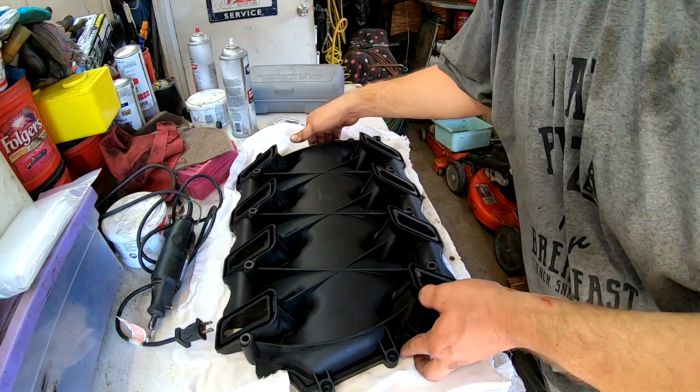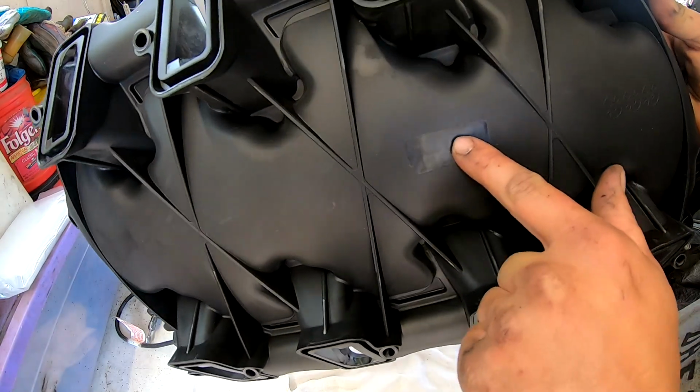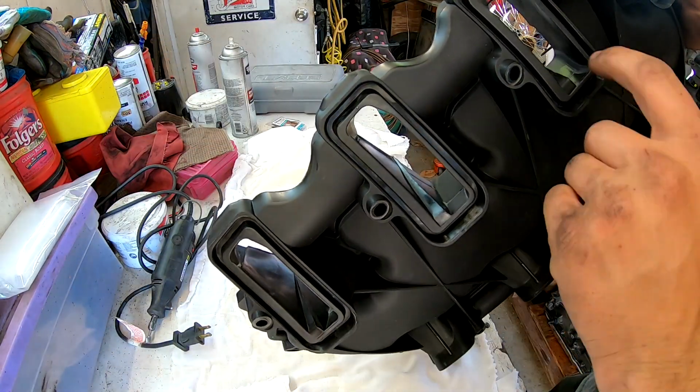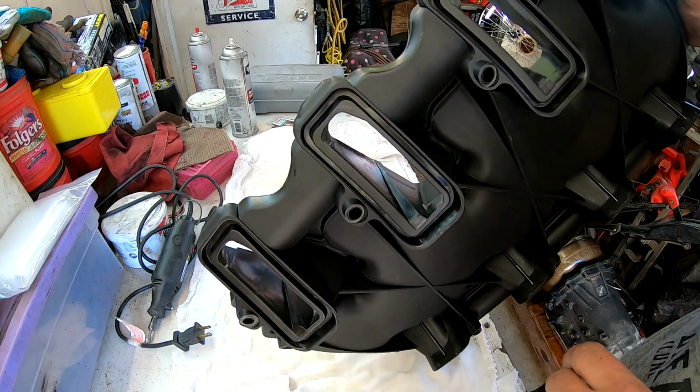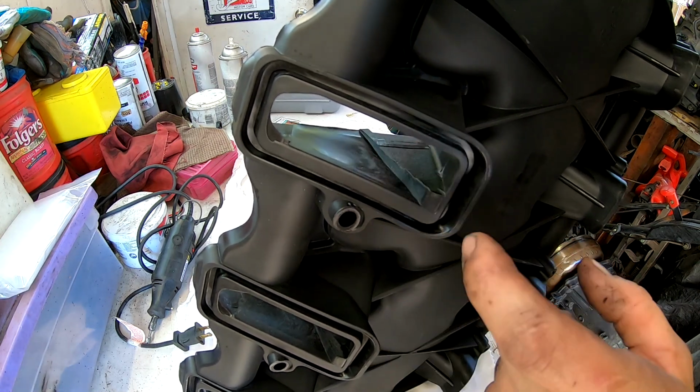Alright everybody, so we got our knockoff Dorman intake here, and I'm really wondering if this is where the Dorman logo was and it was just masked over. I don't know. Paid $150 for it. No, I'm sorry, $105. So what we're looking at is taking out this ridge right here because it does block